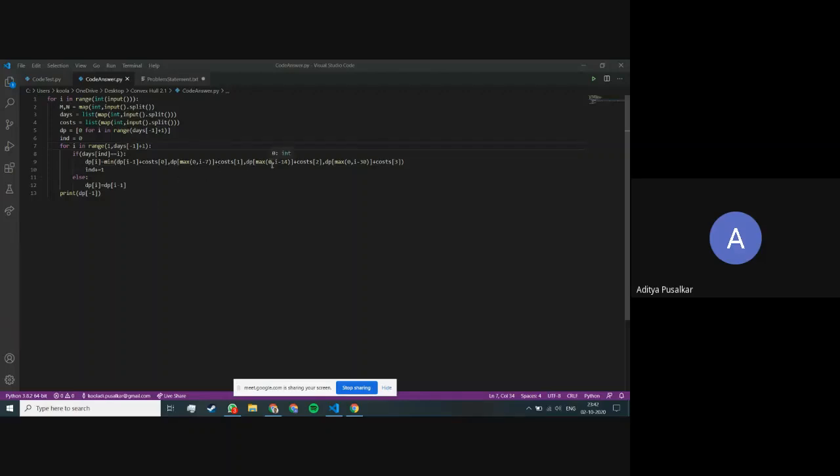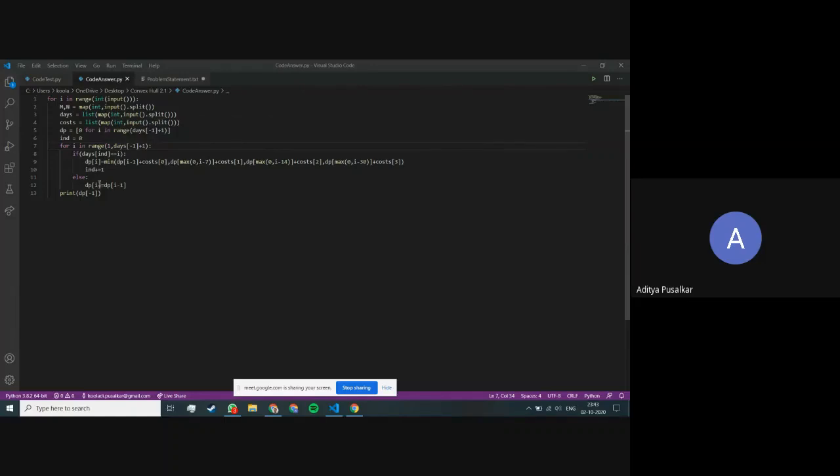And similarly for 14 and 30, we have to make sure that we don't go into the negatives. So we have to make sure that we are having a value of greater than or equal to 0 in the indices. And we have to find the minimum at each stage. So we find the minimum of all these 4 values that we have, and we assign it to the current position. And now we know that the current position i was definitely made safe. So we'll go to the next index in the array days.